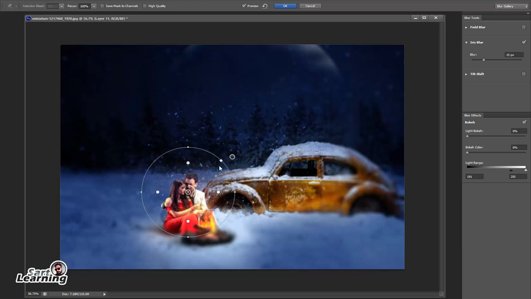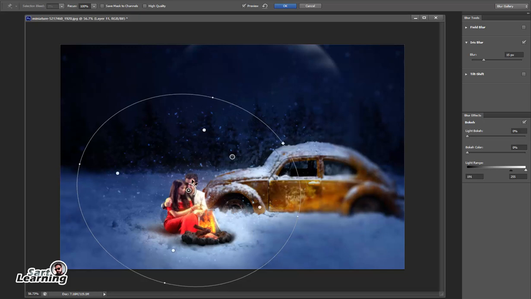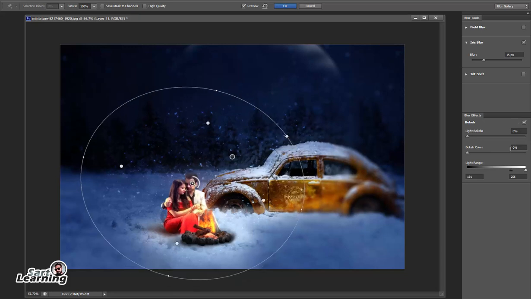Increase the scaling, adjust it and increase. If you want to give some bokeh effect, you can add light bokeh and color effects also.